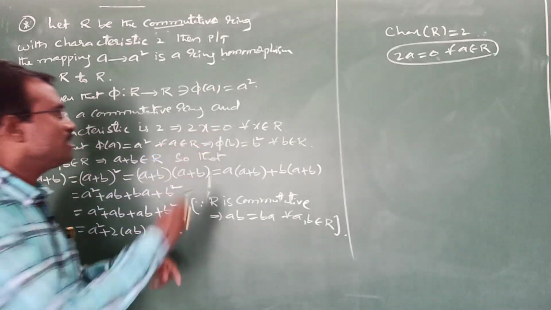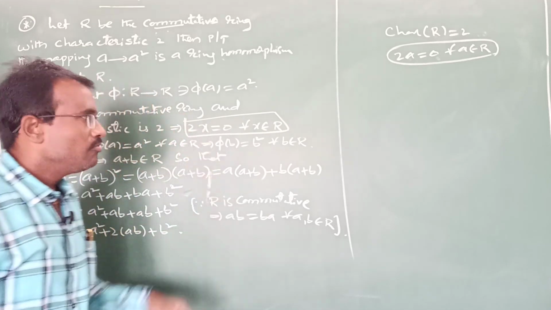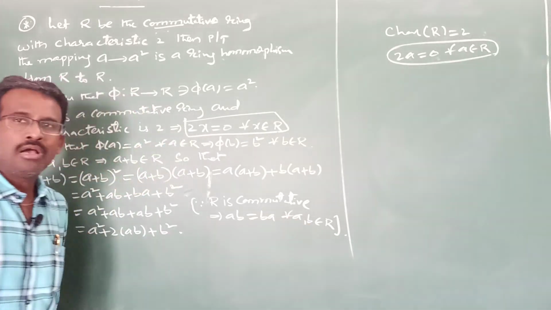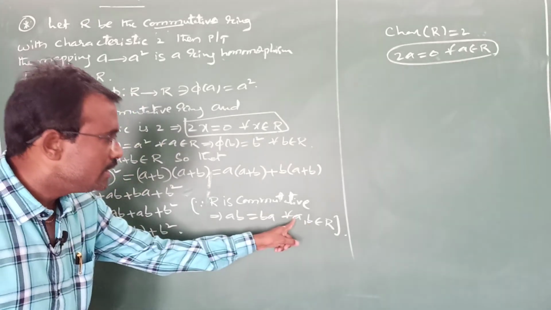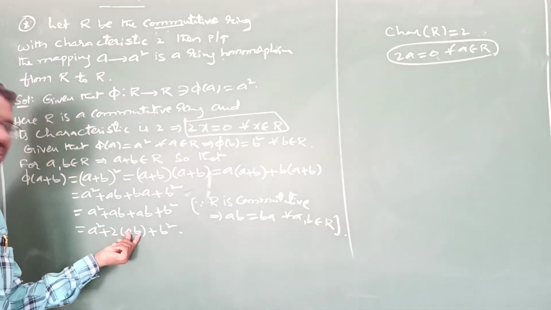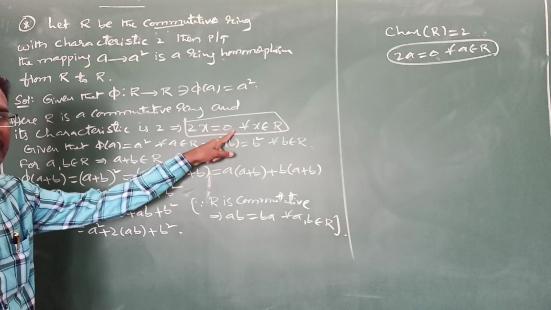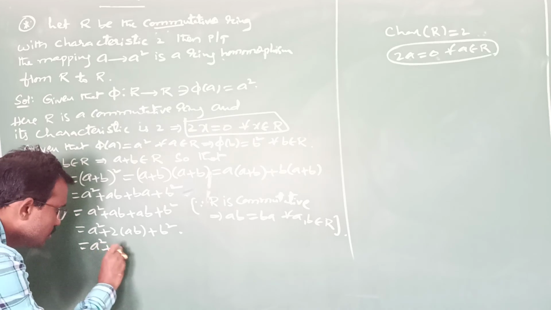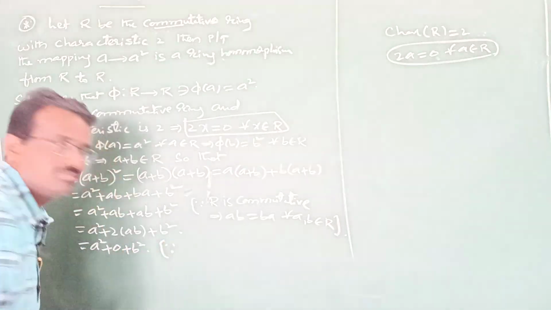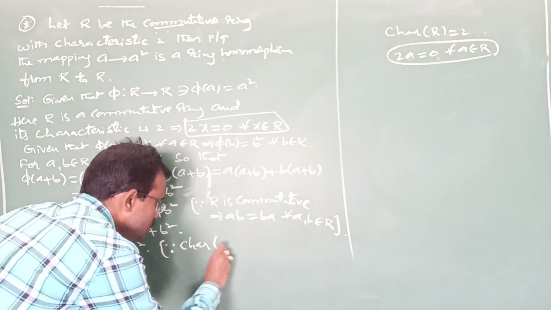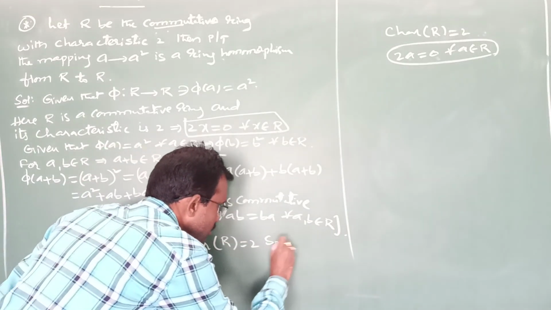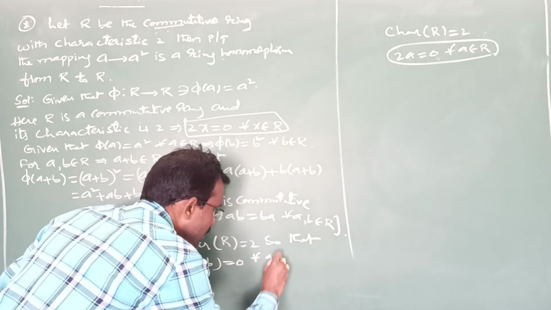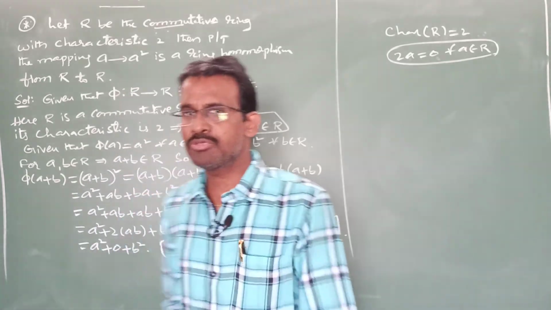But already we know characteristic of the ring is what? 2. Whenever x belongs to R, 2 into x equal to 0. Like that, already you know A and B in R means according to multiplicative closure property in R, A into B is also in R. Whenever AB in R, 2 into AB should be 0 because characteristic of the ring is 2. That condition I am using. This is A square plus 0 plus B square. Clear reason I am writing. Since characteristic of R is equal to 2, so that 2 into AB is equal to 0 for every A comma B belongs to R. That condition we proceed here.